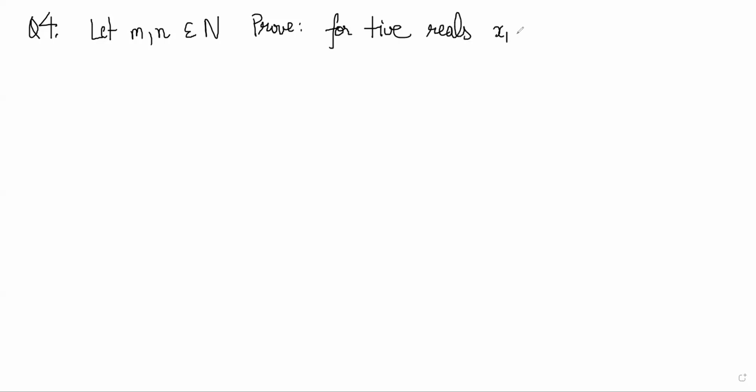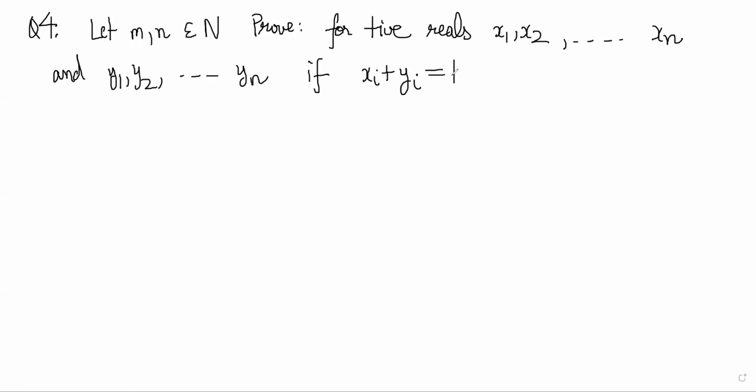This question can be done by double induction, but we'll use a different method. We'll use induction used twice rather than direct double induction. So we say let m and n be natural numbers. Prove, for positive reals x1, x2, ..., xn and y1, y2, ..., yn, if xi plus yi equal to 1 with i going from 1 to n, then